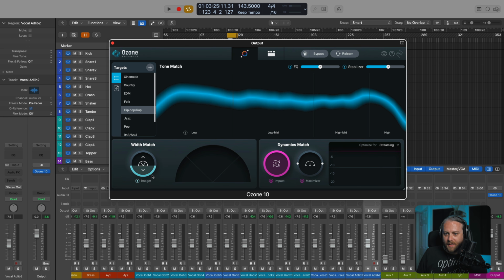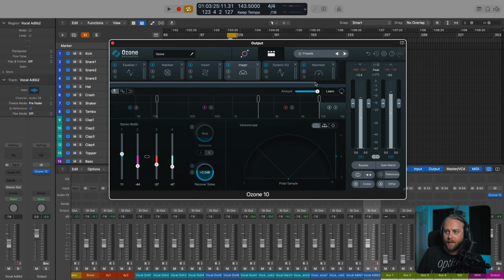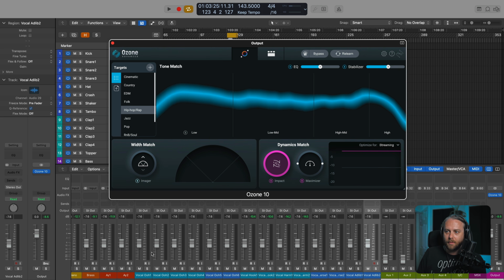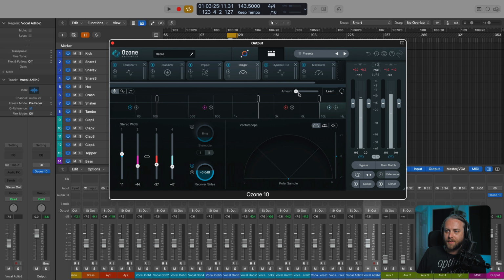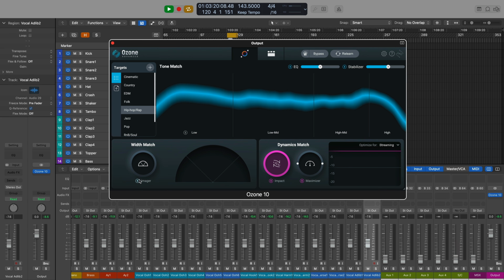So we can control the scaling just like we did on EQ and stabilizer from here. So again, we're talking to another module in the detailed view, in this case, the imager module, which is a very famous module in Ozone. So I can bring it all the way to 100%. Go here just to show you amount 100. It's like a wet dry, right? I can go all the way down to 0%. Okay. And you can also look at this little metering system here, this vector scope, to make sure that you are good. So have a look and have a listen.